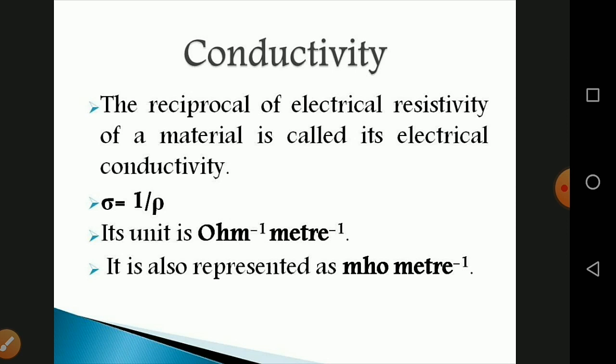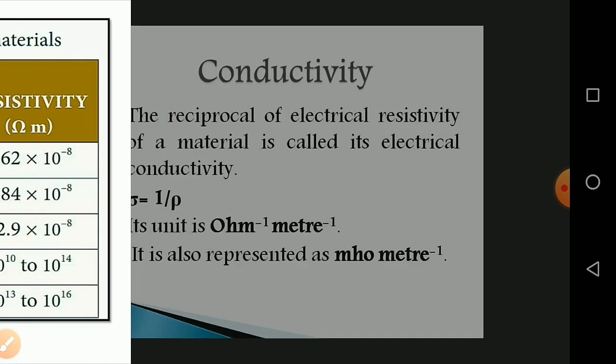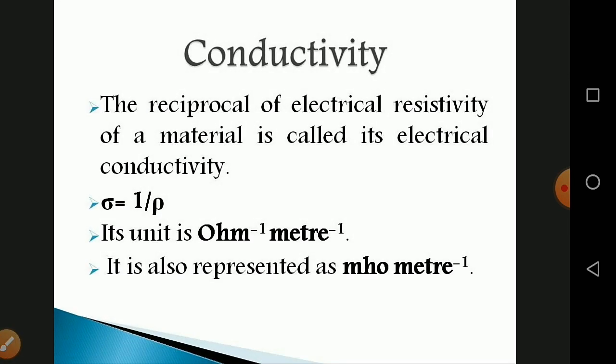The electrical conductivity of a conductor is a measure of its ability to pass current through it. Some materials are good conductors of electric current, for example copper, aluminium, etc. Some other materials are non-conductors of electric current, that means insulators, for example glass, wood, rubber, air, etc. The conductivity is more for conductors than for insulators, but the resistivity is less for conductors than for insulators.